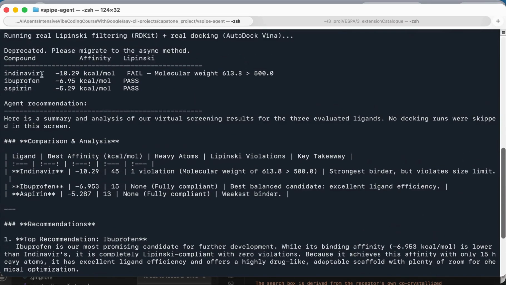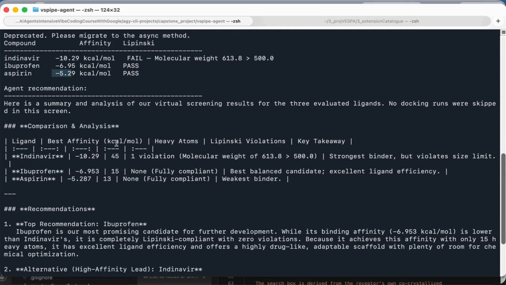So you can see that this is the docking score of indinavir, and this is the docking score of ibuprofen and aspirin. It shows each value in kilocalories per mole, and it also shows whether it complies with the Lipinski parameters or not. And you can see that indinavir is violating one rule, because its molecular weight is greater than 500 Dalton. It should be less than 500, so it is violating this rule. And